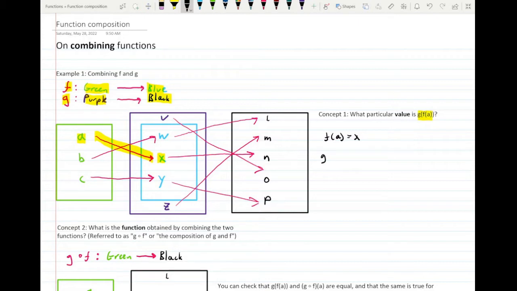That means that g of f of a equals g of x by substituting directly in. We then can follow the flight out of x under the g flight plan, and we land at n. So g of x is equal to n,